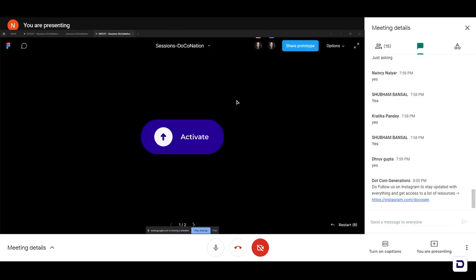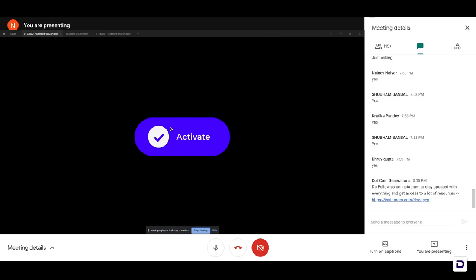Okay, let's play it again. Yeah. So when I hover over my little activate button, it changes into a tick mark. Okay, so we have achieved the first hover animation. The next thing to go is the on-click loader animation. So on click of this little button, when I hover over it and when I click on it, I want the loader to appear. Okay, so let me show you quickly how it happens.